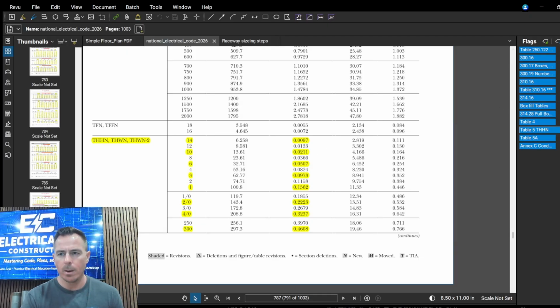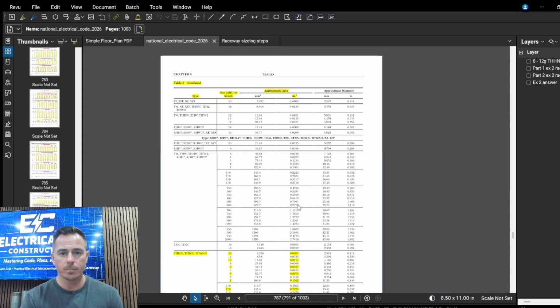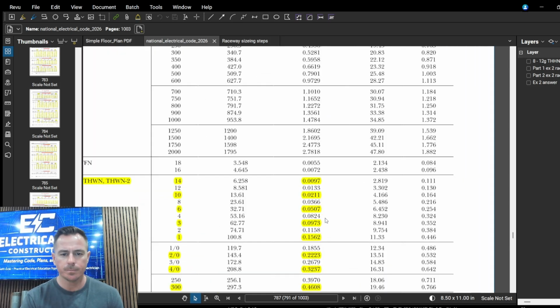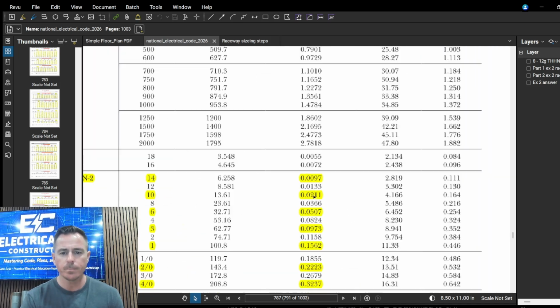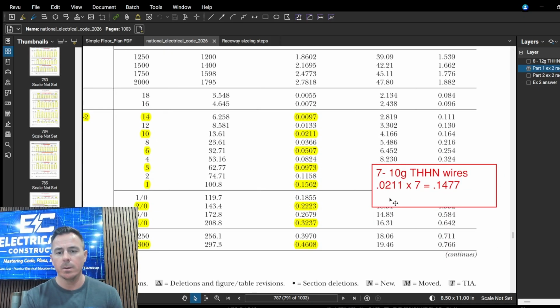I'm going to pull up my little multipliers here. So the first thing we have to do, we know that we had 7 10-gauge THHN. So we go to the approximate area, square inches, 10 gauge, 0.0211. So we get that calculated out. 7 times 0.0211 equals